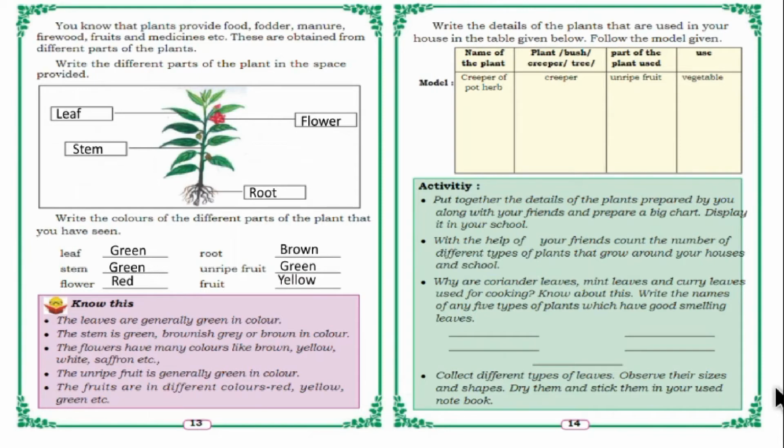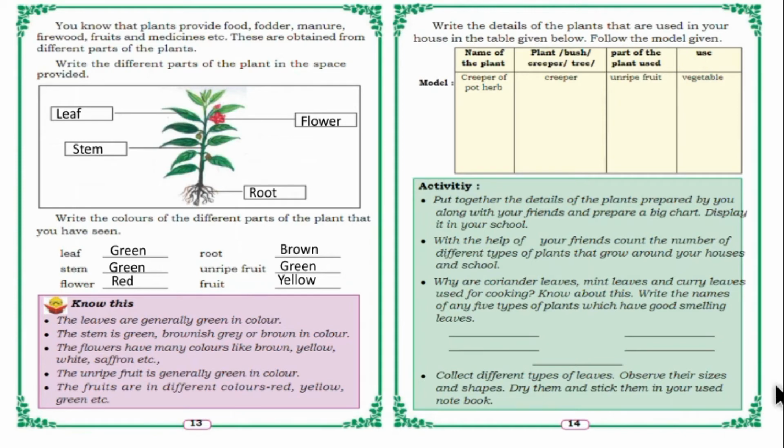Fruit, yellow. So many types, colors, sizes of fruits are there, no? So I wrote yellow. So next activity, name of the plant, creeper, tree, part of the plant used, use. One example is there, creeper of pot herb. So this is one example, and this is a vegetable, children, and that vegetable is a creeper and unripe fruit,